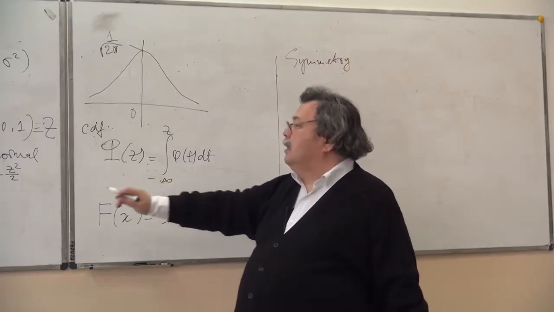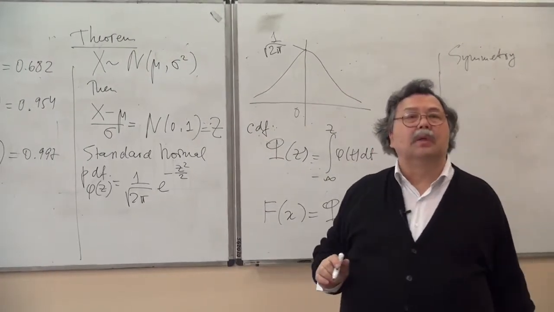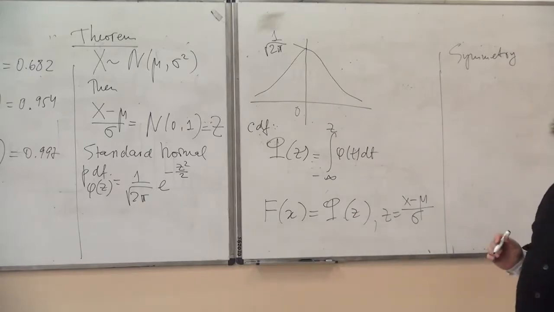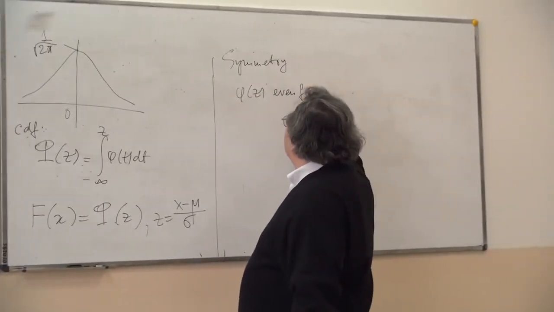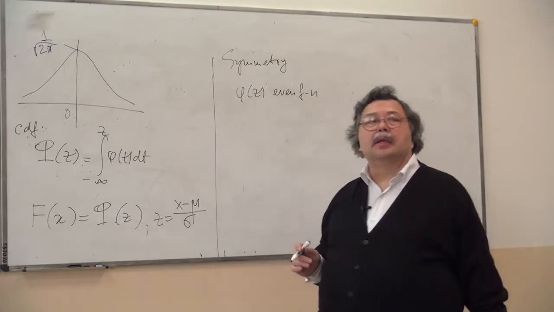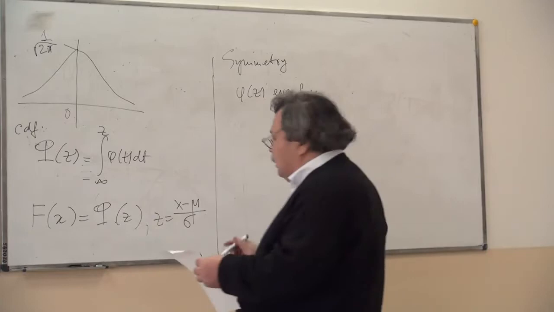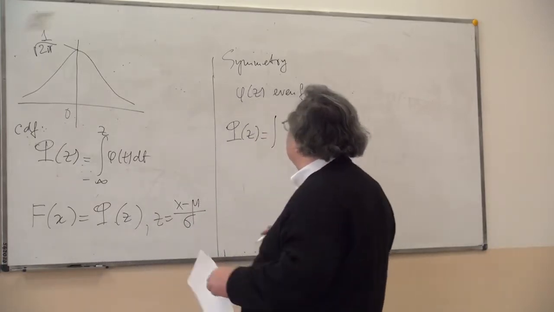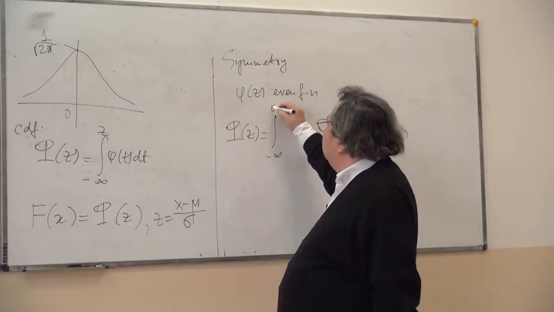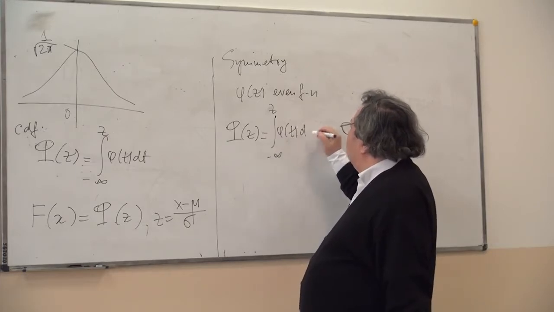Now we can use symmetry. And the symmetry is this. Look at this phi function. It's symmetric about 0. Well, the right word to use, it's even. So phi of z is an even function, and this can be used to make the table shorter. This is how it's done. So Phi of z, which is the integral from negative infinity to z of little phi,